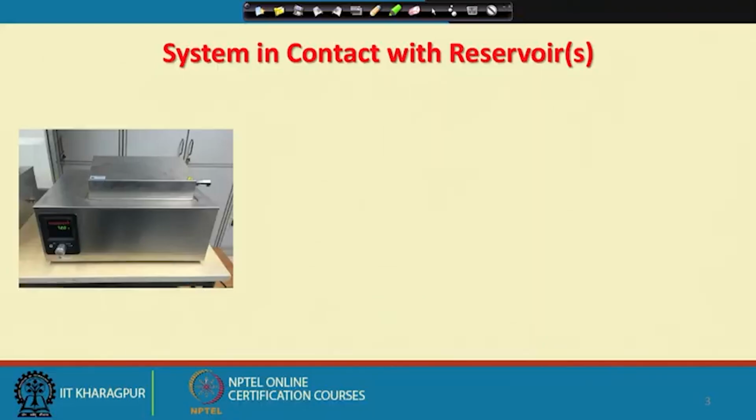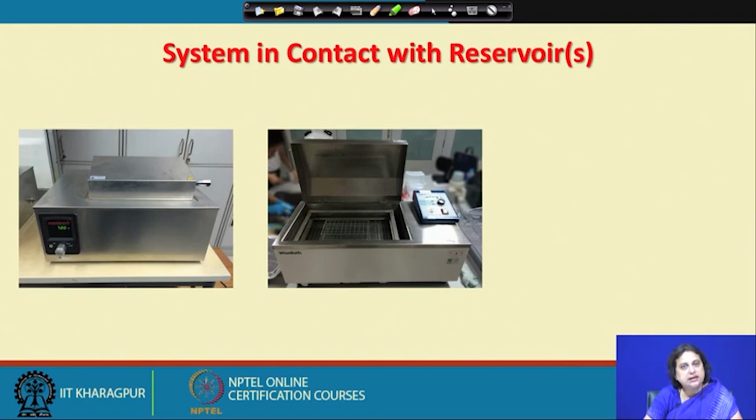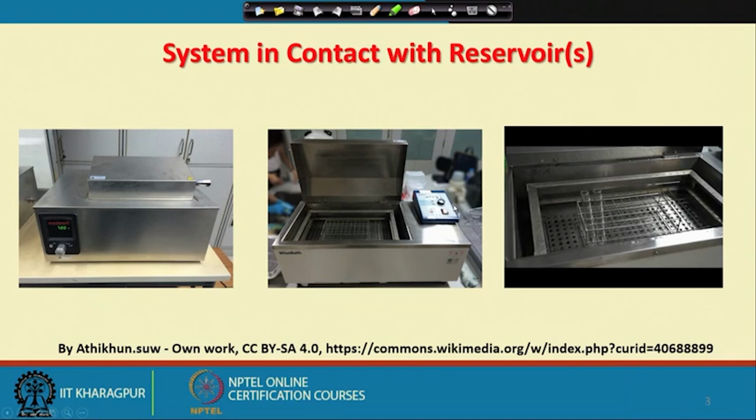You will see huge chests like this. These are the commercially available thermostats. Now, if I open the lid, what you find is there is a compartment inside which can be filled with water and can be heated electrically, and the temperature that you want in that can be controlled from this digital pad. And then you can put in some test tube inside these cages, and then you close the lid, and